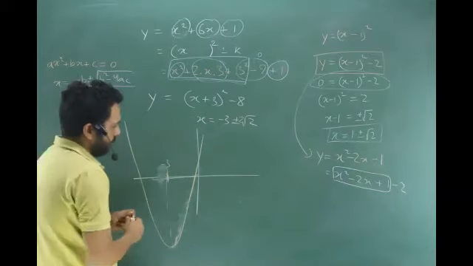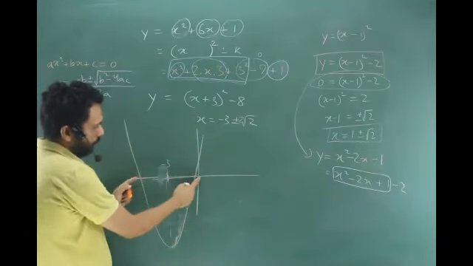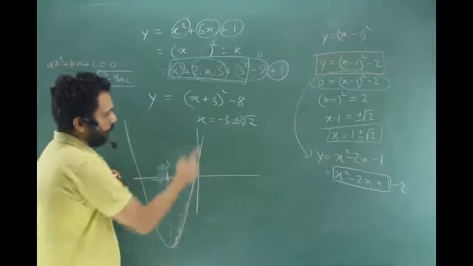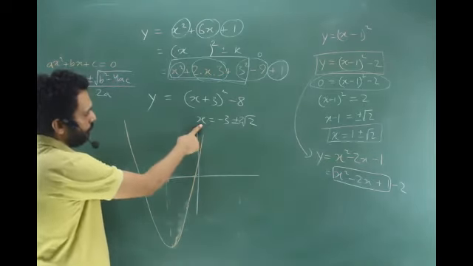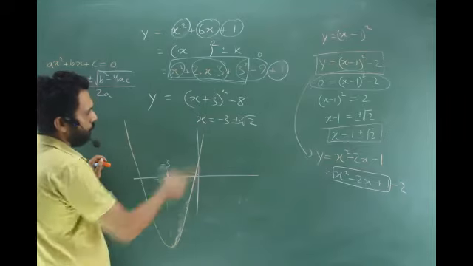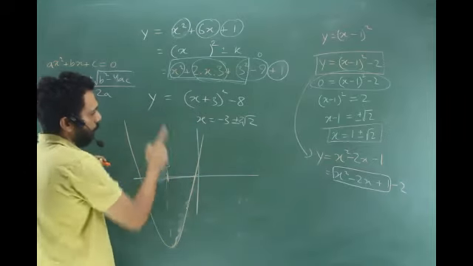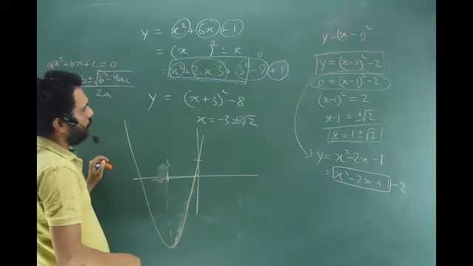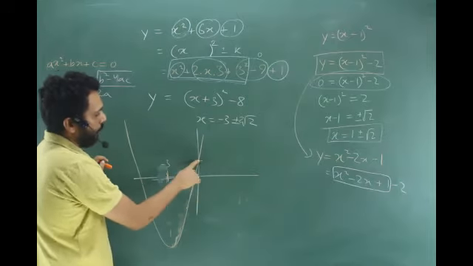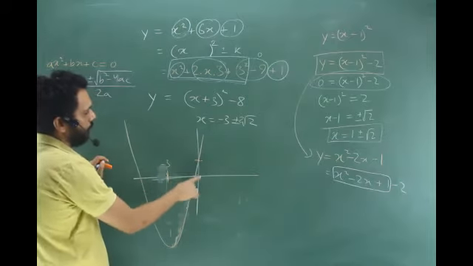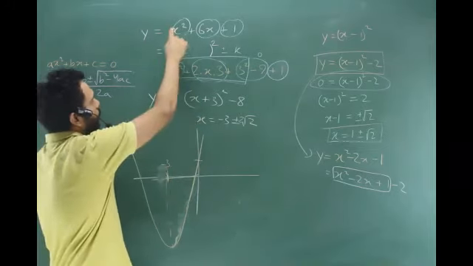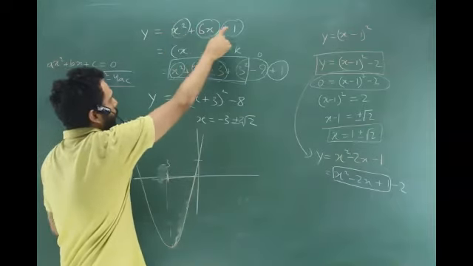Minus 3. Then the big question was whether it is cutting before 0 or after 0. One way of verifying was finding out the x where the graph cuts the x-axis. The other one was finding out y. Finding out y was easier, so we did that first. The y-intercept is where it cuts the y-axis, which is easily found when you put x equal to 0. I put x equal to 0 over there, I get y equal to 1.